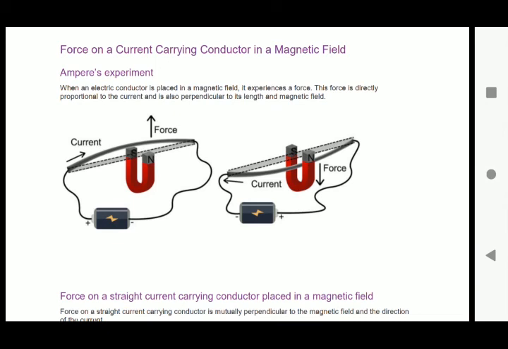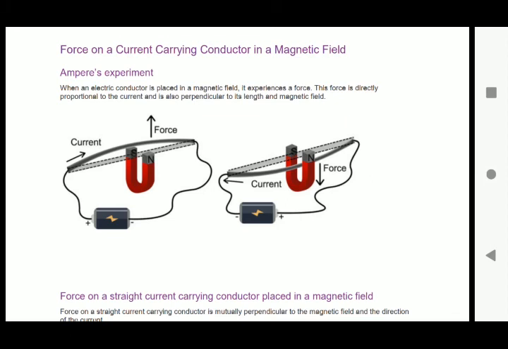And this was discovered by Michael Faraday in 1821. He found that when a current carrying conductor is placed in a magnetic field, a mechanical force is exerted on the conductor which can make the conductor move. This is known as the motor principle and forms the basis of a large number of electrical devices like the electric motor and moving coil galvanometer.